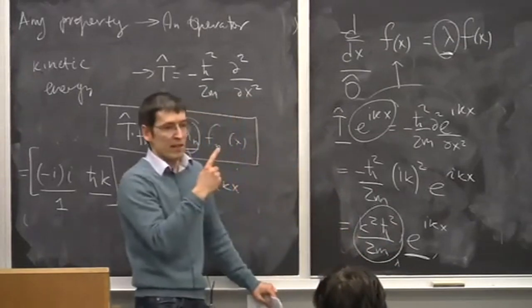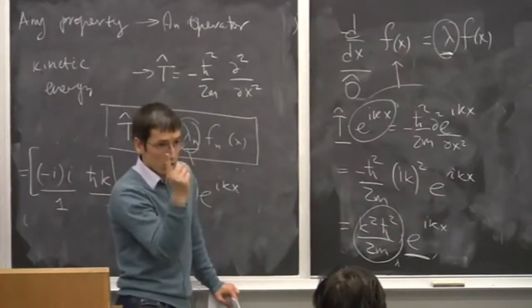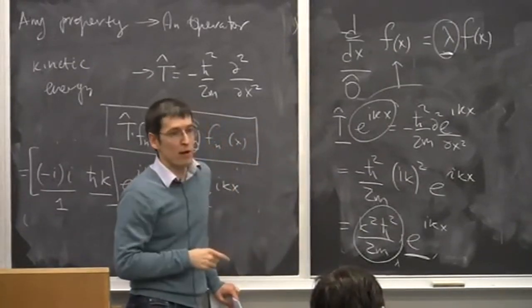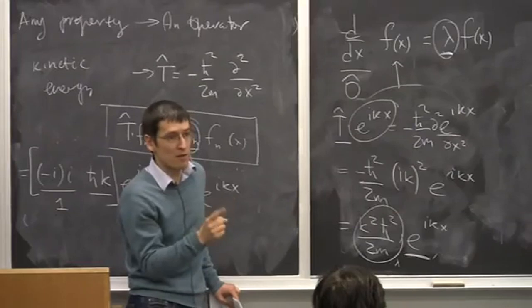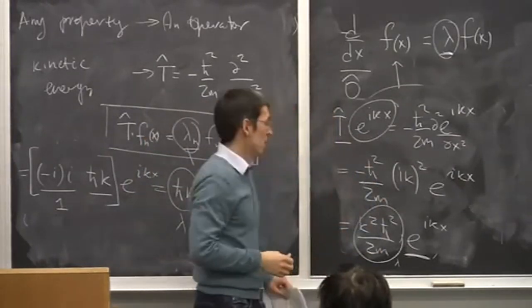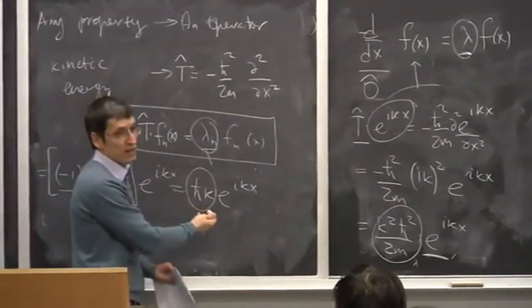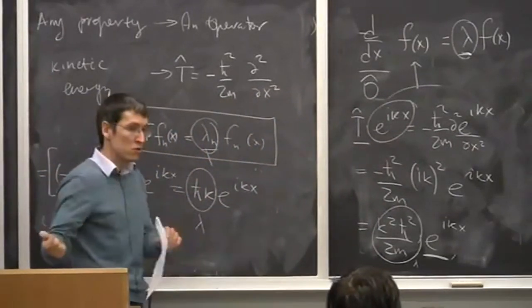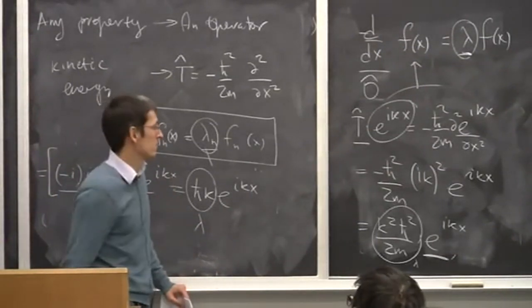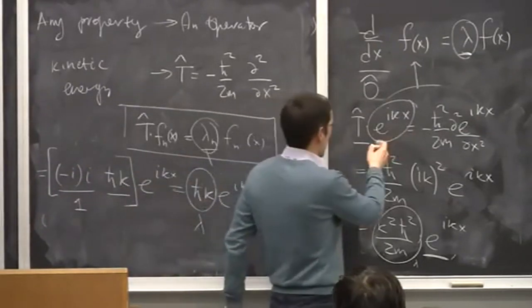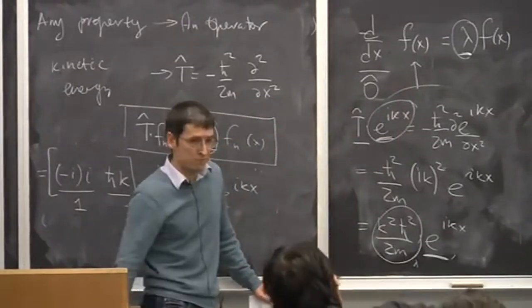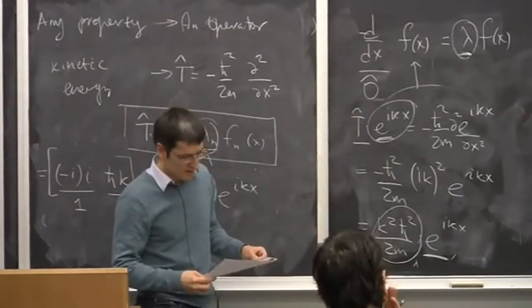And so if you measure kinetic energy with the apparatus, the arrow of the apparatus will point to k squared h bar squared divided by 2m. That is the number you will see if you measure kinetic energy. And this number, h bar k, you will see if you use another apparatus to measure the momentum. And so for both of these properties, the exponent e to the ikx is an eigenfunction. Okay? And that's the easy case.